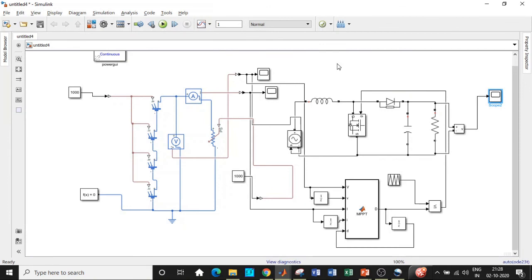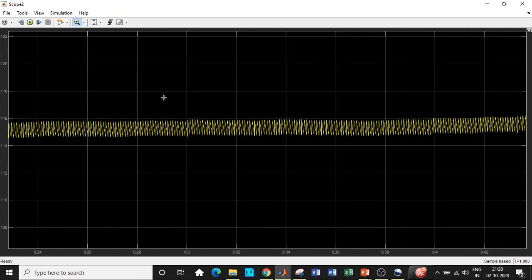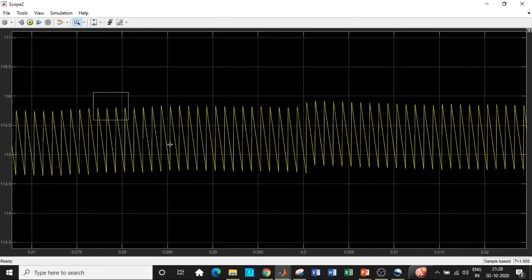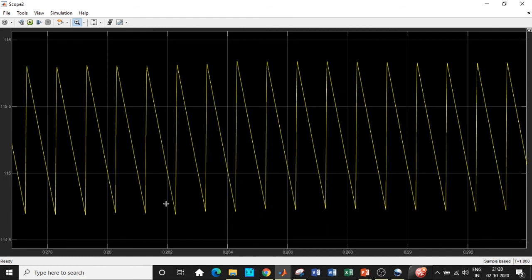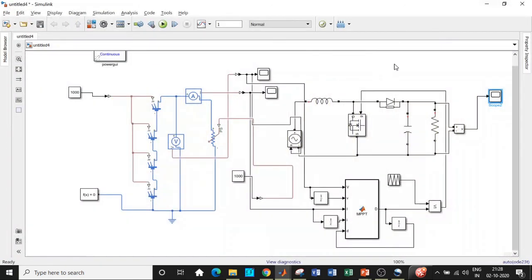So the model has run and there are no errors thrown over here. That means we are in the right direction with respect to the simulation. Double click on the scope and let us see the waveform. We can zoom in the waveform by clicking on this particular block. So we will zoom in on this particular portion. If you see, we are getting a DC voltage. However, the ripple is also not that high, and you're getting an average of about 115 point something, 115 volt. So we are getting the desired output.